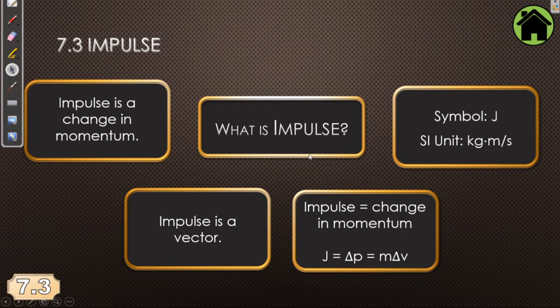You can also change your momentum by increasing or decreasing your mass, but we're going to assume that in most cases, if your momentum changes, it's because of a change in velocity. So the symbol for impulse is a capital J because why not? The unit for impulse is the same as the unit for momentum because remember, all impulse is just a change in momentum. It tells you how much your momentum has changed. So J is equal to your change in momentum, or your mass times your change in velocity, assuming that your mass remains constant.